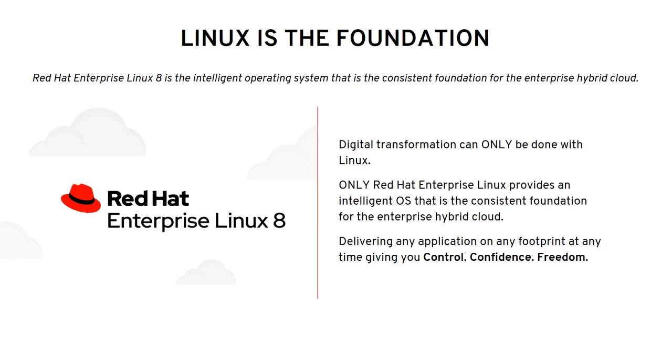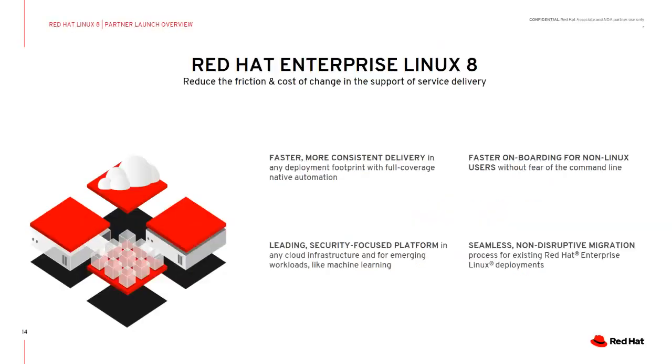So once you have configured it without any issues, it will run for long. And freedom to integrate with many other applications and third-party solutions through available APIs, or you can build your own API platform. So Red Hat Enterprise Linux 8, which is